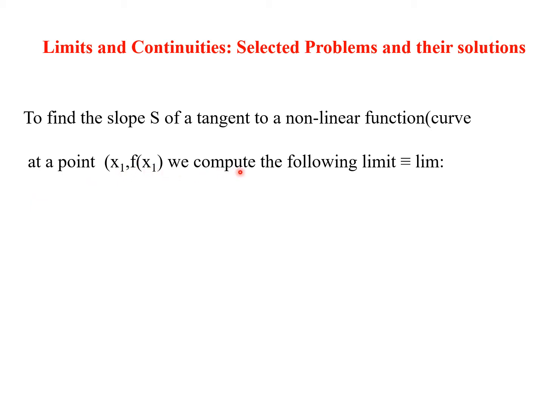We compute the following limit, which we will abbreviate as lim. So in such a case, s, which is the slope, equals the limit as h moves towards 0 of the function f of x1 plus h minus f of x1 over h, where x1 is just a variable, if you wish. It's not really a constant, so let's take it as a variable rather than a constant. If that is the case, then